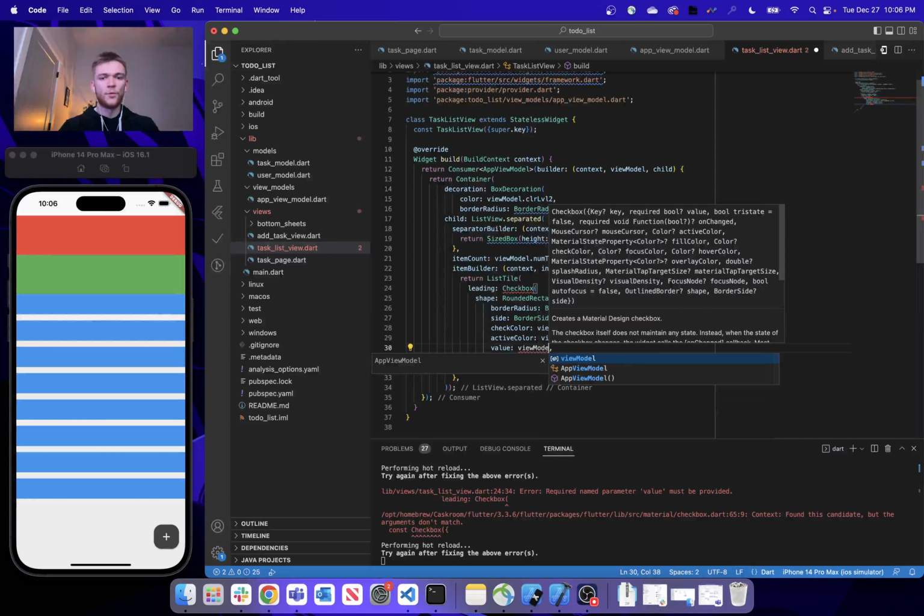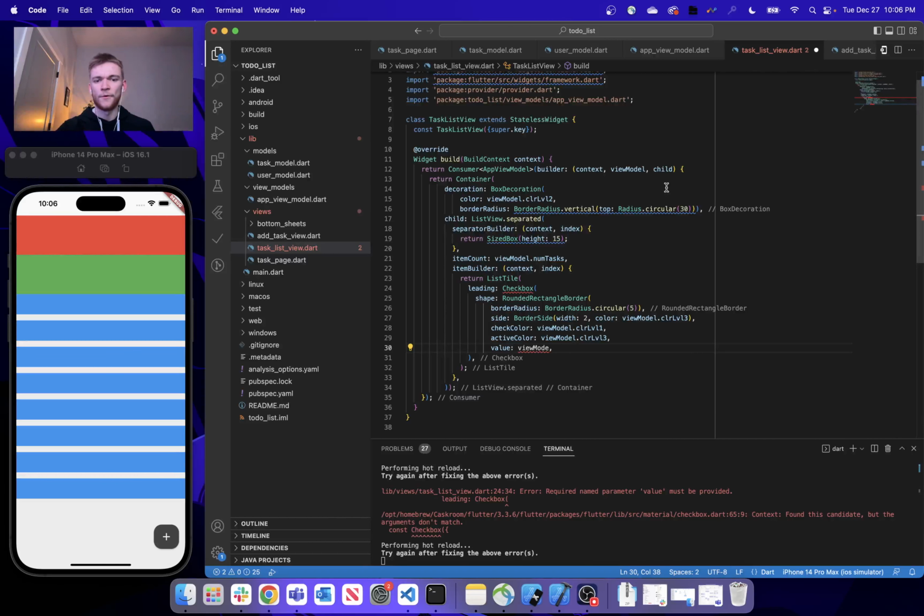and then we're going to set the value of our checkbox to our view model. The way we're going to want to do this is by implementing another helper function within our view model that returns the completion status of a to-do list task based on the index inside of the